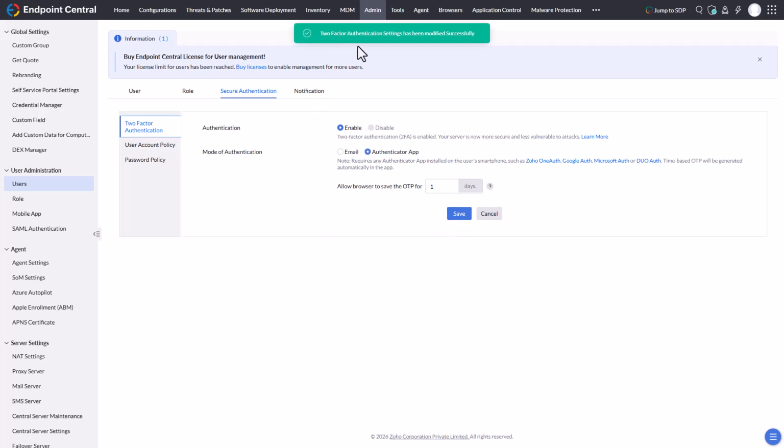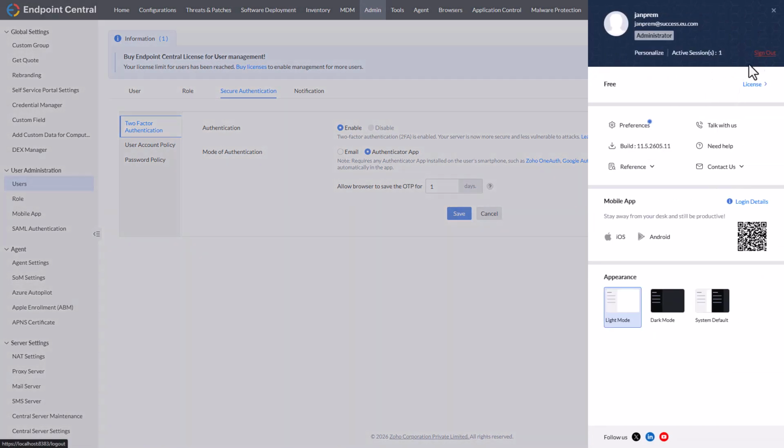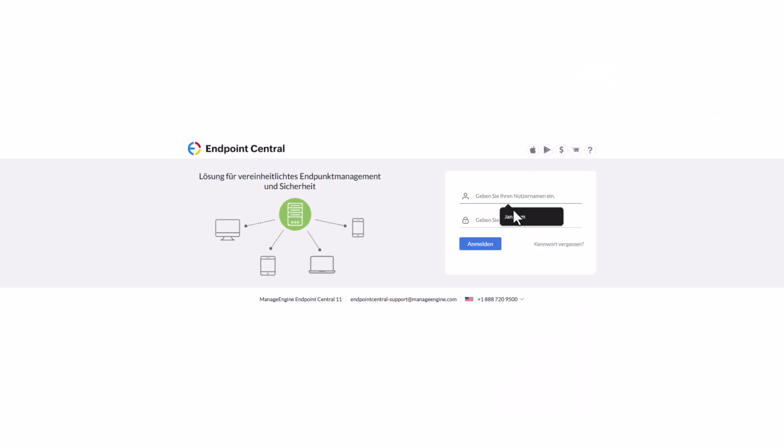What happens? Two-factor has been modified successfully, and what we can see is nothing else happens. So, all right, but everything is correctly set. Don't worry. We just have to sign out. And now when I'm going to sign in again,